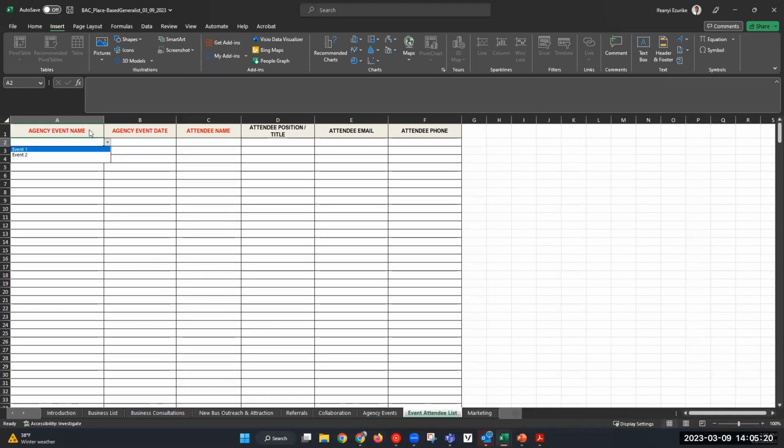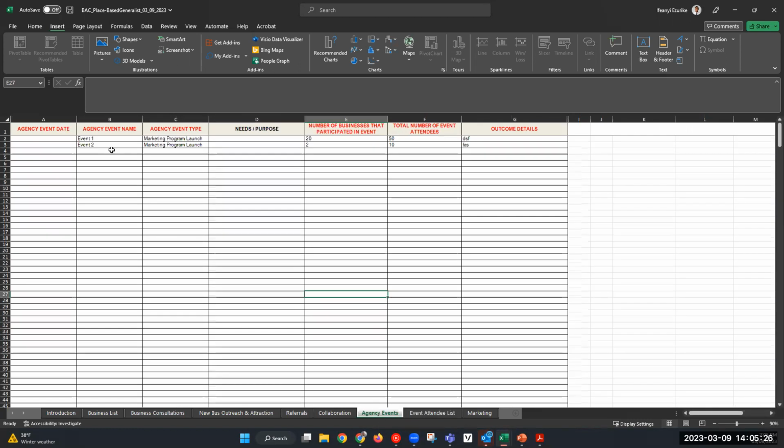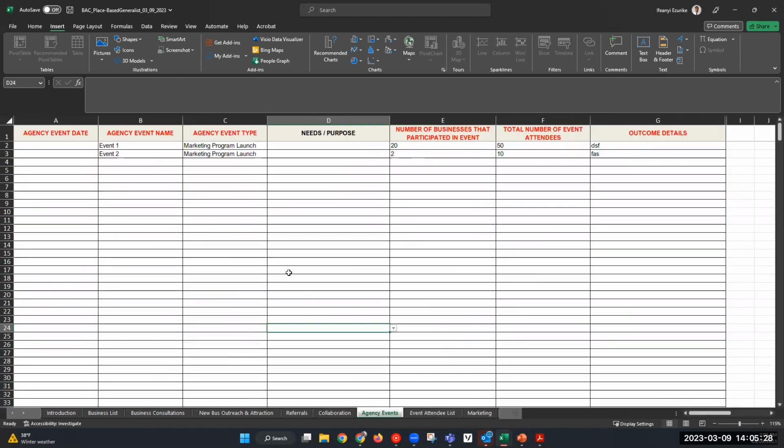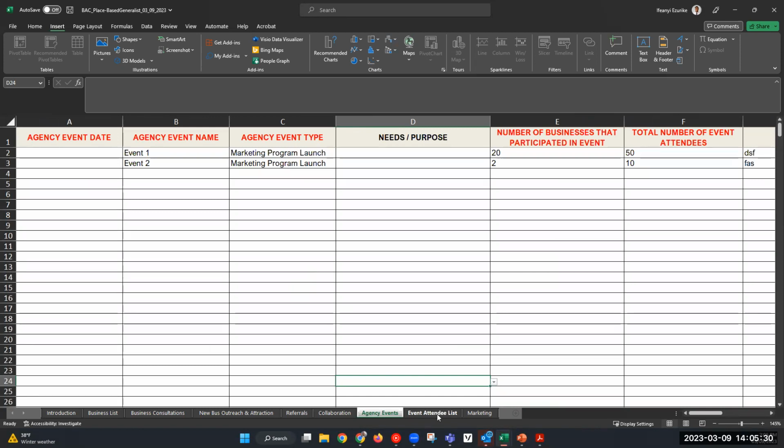So notice when I go to the agency event list, I have this drop down that shows you the event that you just put in, which was Event 1 or Event 2. All right. And put the date, 2, 2, and 3. Second event was 2, 4, 23.